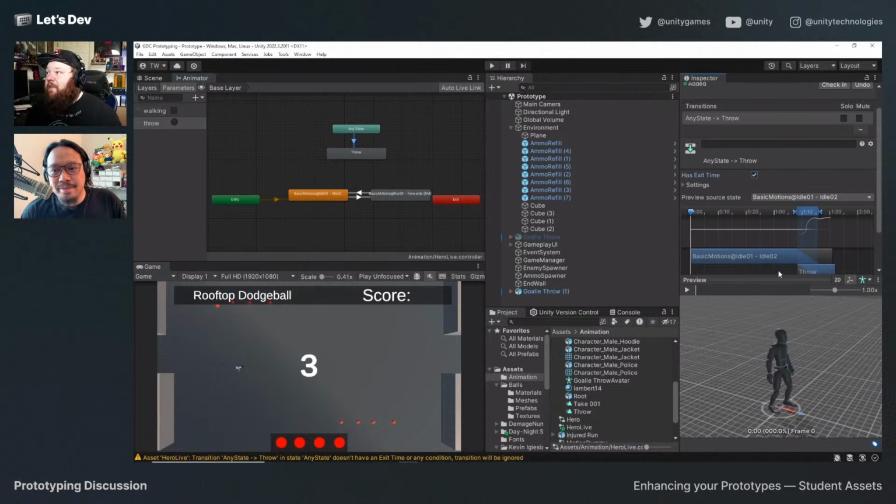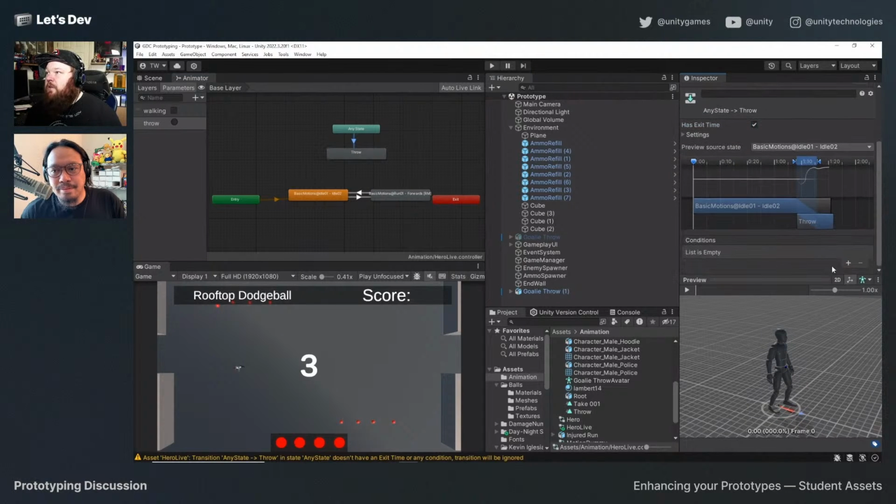Now this actually does have exit time. We want to complete the animation. And then basically when this trigger's hit, boom, it'll throw. If we hit preview,